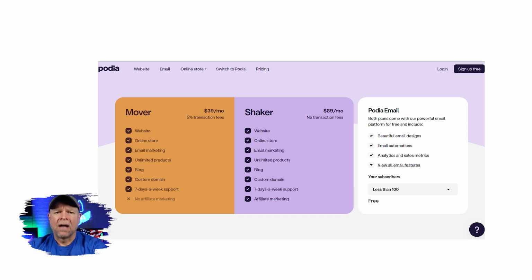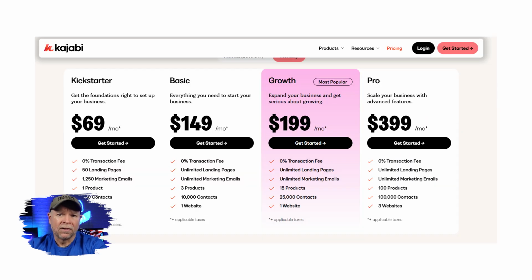Now, when it comes to value, it's clear that Podia is the more affordable option. Its Mover and Shaker plans provide essential features for creators at a much lower cost. However, Kajabi stands out for its more in-depth features and scalability. Even the Kickstarter plan at $69 a month offers features that are more advanced than Podia's Shaker plan at $89 a month. Kajabi provides a level of functionality that is better suited for creators who want to build a professional